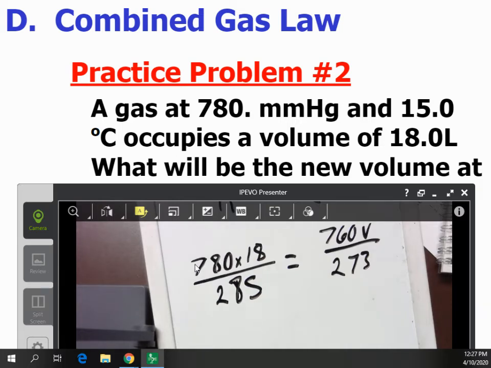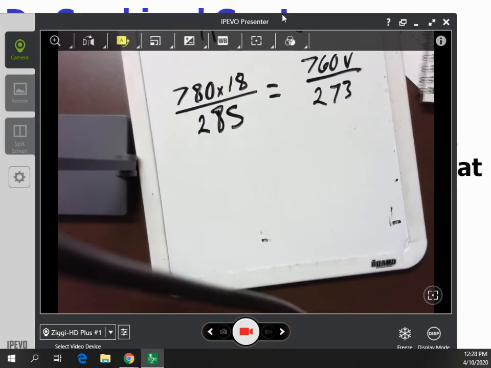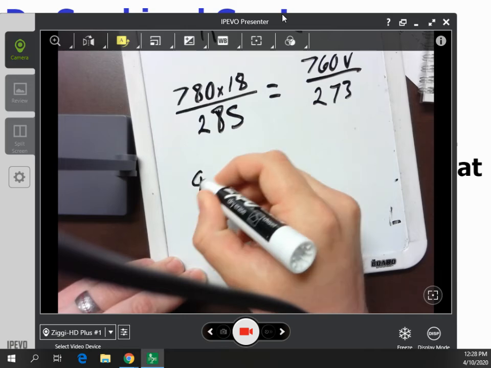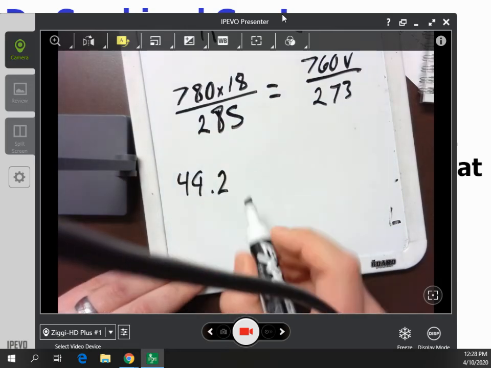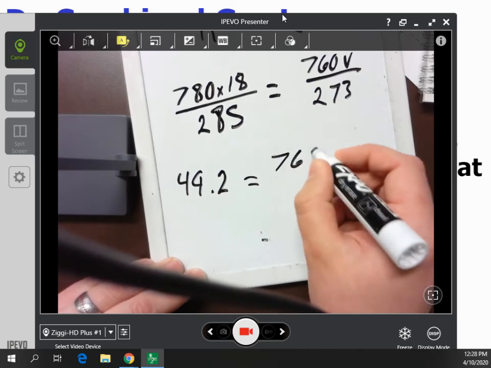We have 780 times 18 divided by 285 to get our answer. So that means we have 49.2 equals 760 V